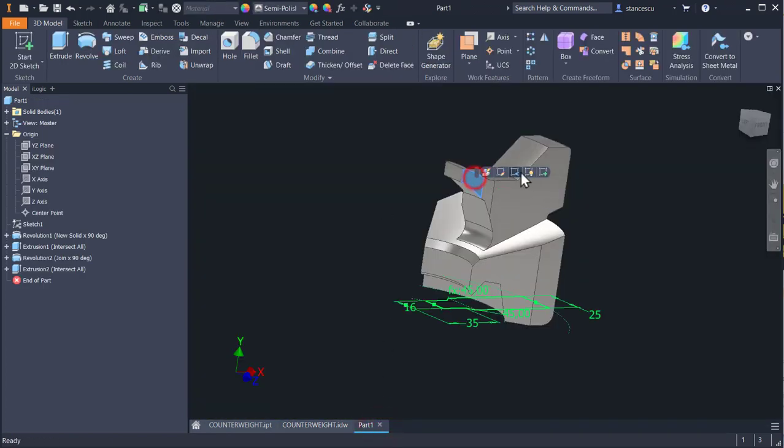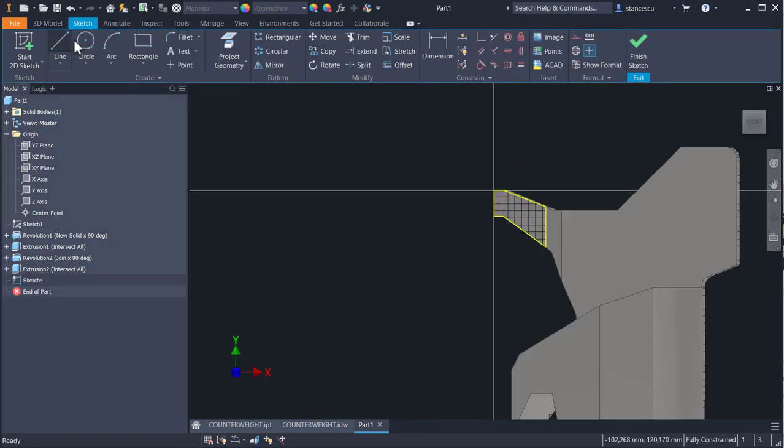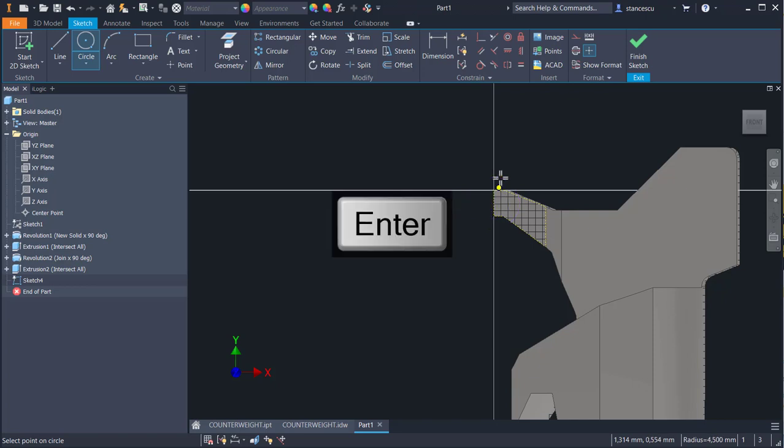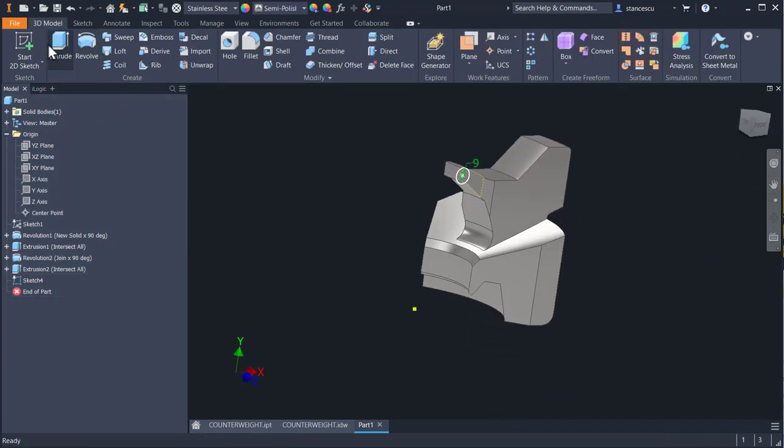On this face I draw a circle. Let me make this construction. A circle with the center of that 20 distance line, vertical line, circle with diameter of 9. Finish sketch, extrude again,